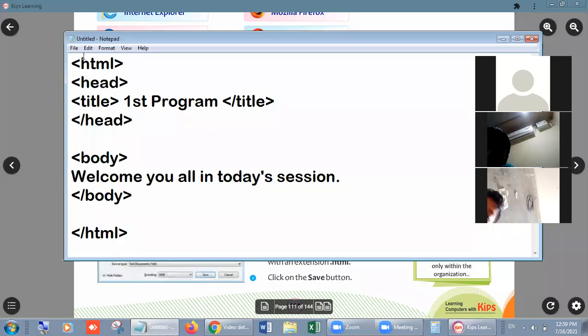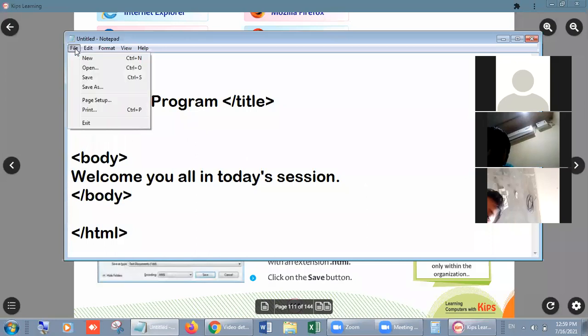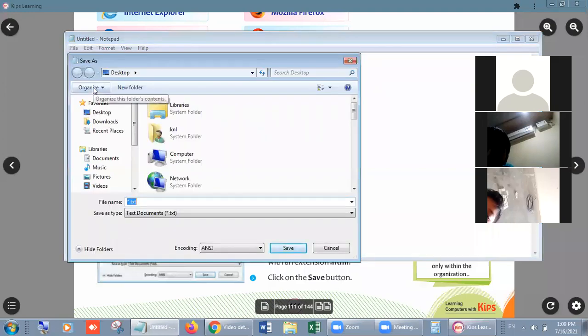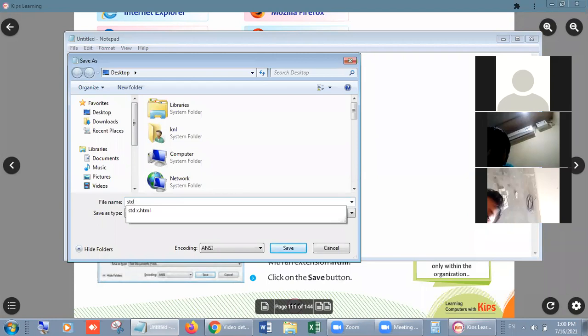So for saving, we have to go to the File button, then Save As. No need of Save As because you are saving it for the first time. Save As. It will ask for a name and the location to save the file. You have to type your name. Suppose I am writing STD 6th.